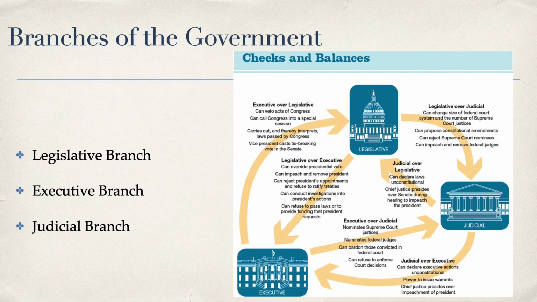We also have what's called the doctrine of expressed powers. And what this means is the Constitution also implies that any powers not listed were not granted at all. And then we have the elastic clause. The elastic clause, though, says that Congress can write laws needed to be able to carry out its expressed powers. It was meant to be a source of strength to the national government, not a limit on it. And then the 10th Amendment states that the powers not specifically granted by the Constitution to the federal government were reserved for the states or the people.